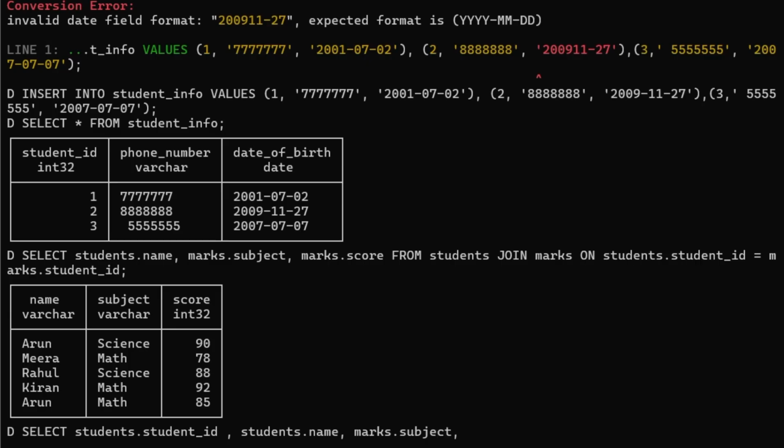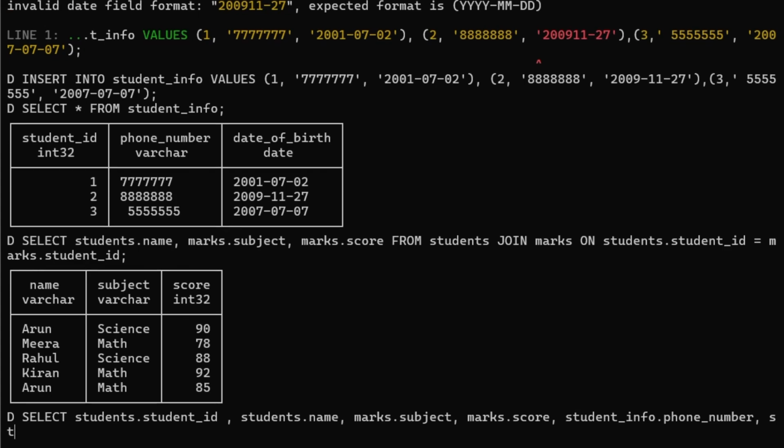Then let's add student info dot date of birth, and then we are taking it from students table,